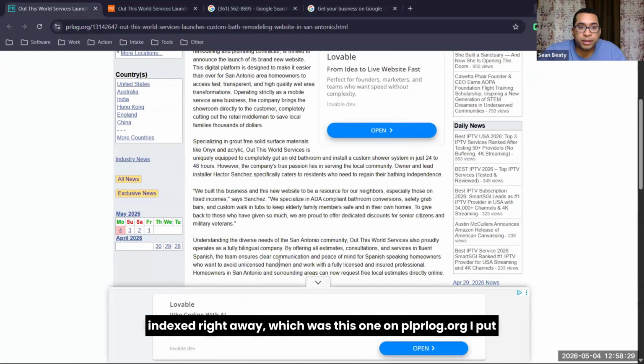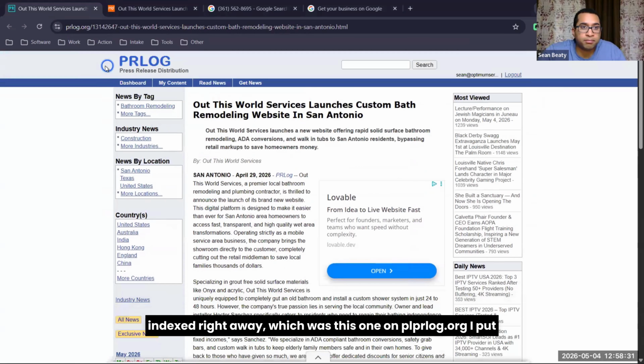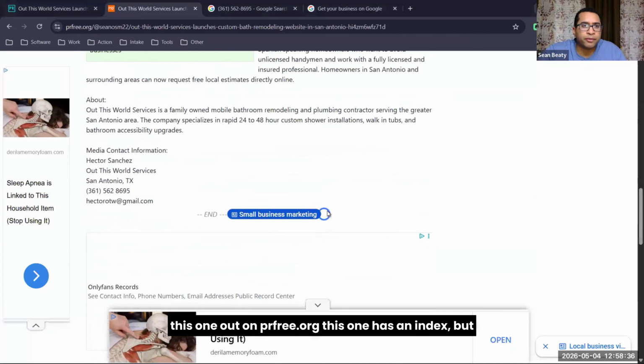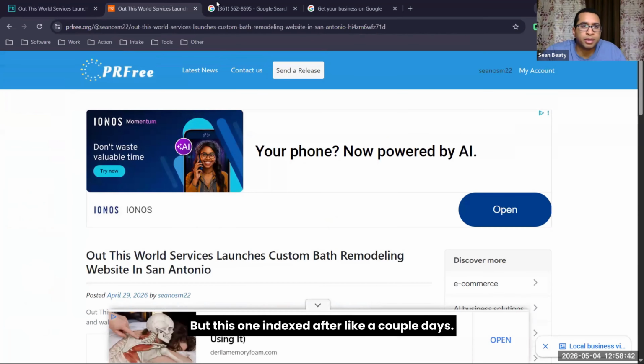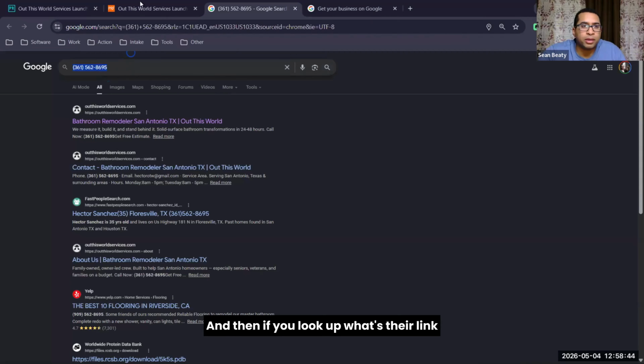one of these indexed right away, which was this one on PRLog.org. I put this one out on PRFree.org. This one has an index, but it hasn't even been 7 days for this one. But this one indexed after like a couple days. And then if you look up,